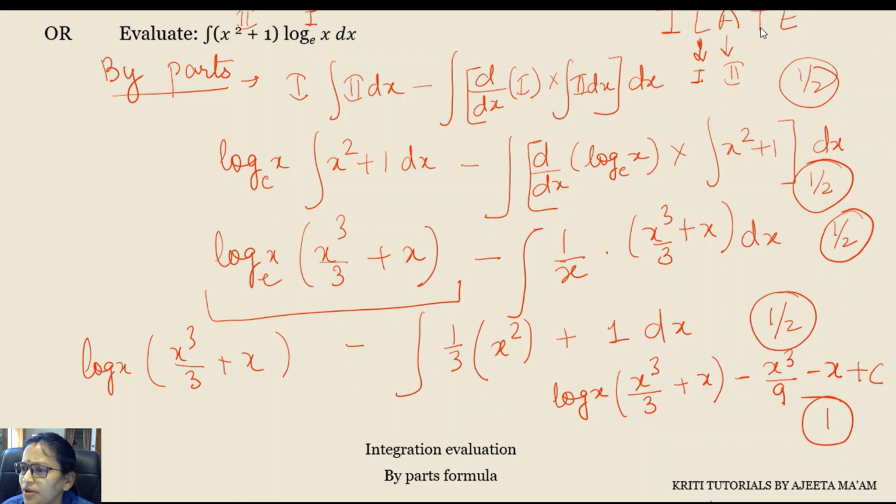then algebraic, then trigonometric, then exponential. Right now we have two functions, log and algebraic. So log will be taken as first function and algebraic will be taken as second function. So you have to make sure that first function as it is, integral of second function minus differentiation of first function into integral of second function. You will integrate this. So we did the integration and we got the final answer. Do not forget to write plus C,